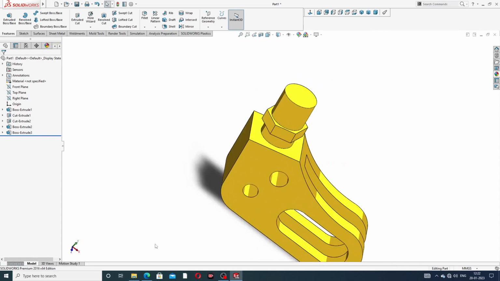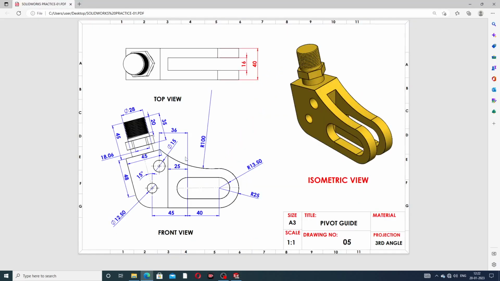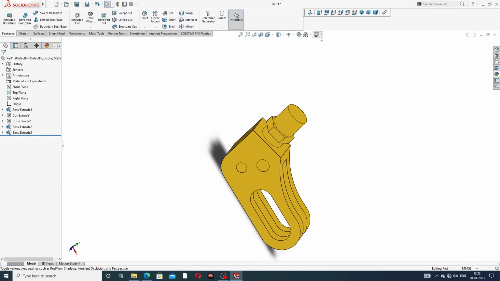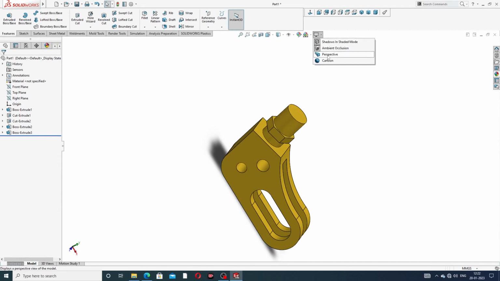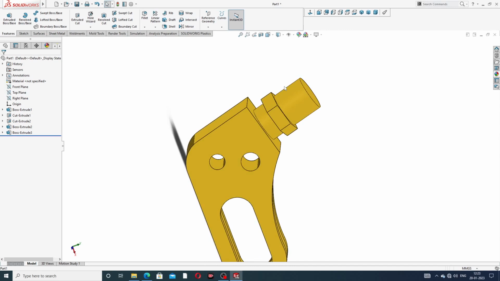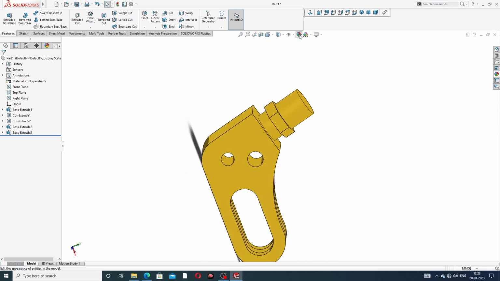And the last point is drawing this thread, applied here. Okay, and the thread distance is 20 millimeter, and okay, this is perfect. And okay, this is perfect, and the thread is